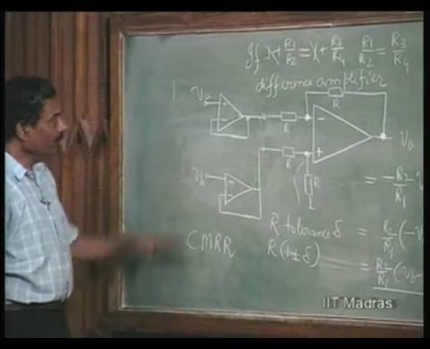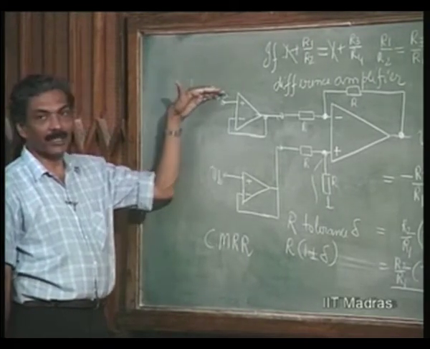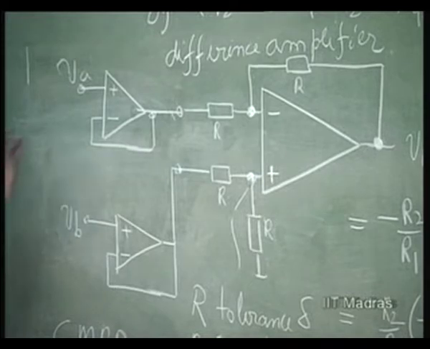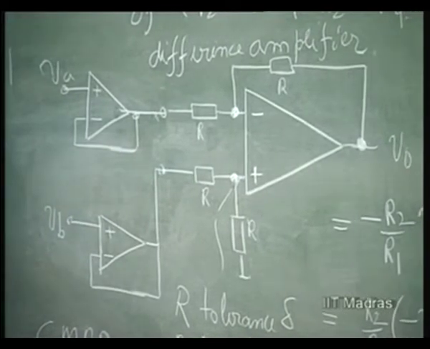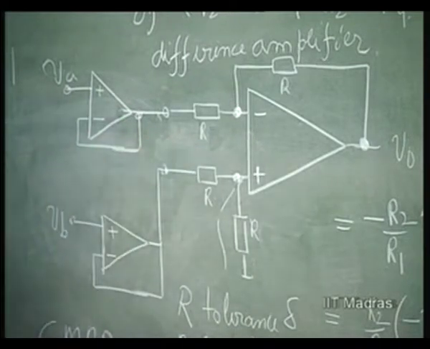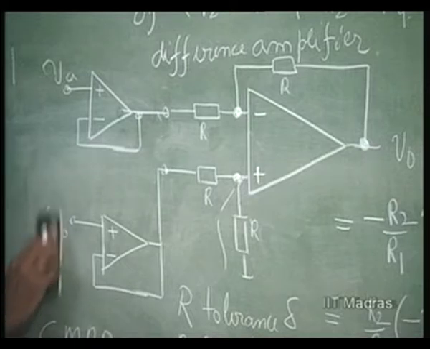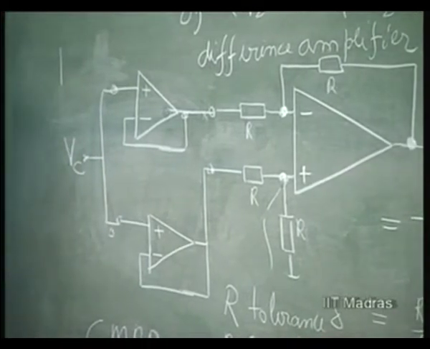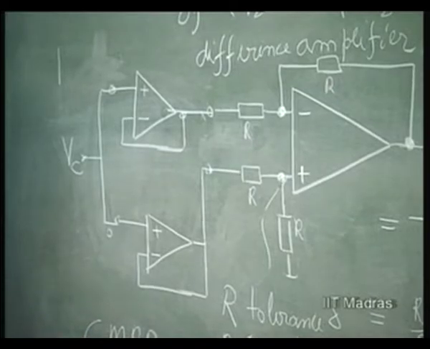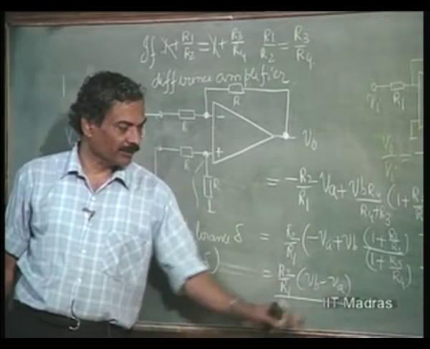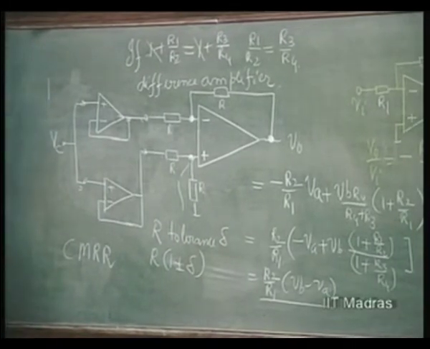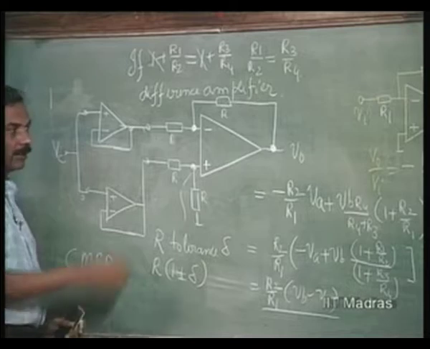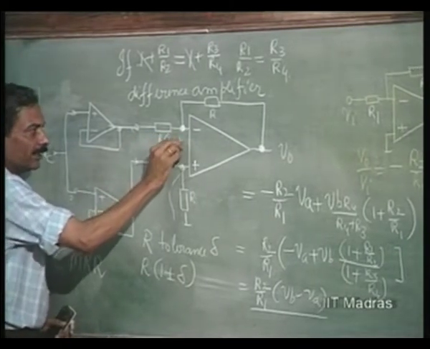When we want to amplify VB minus VA, or just collect VB minus VA, there will be a common signal between VB and VA, which is VB plus VA by 2. So, it should be capable of rejecting that common signal. What does it mean? When VB equals VA equals the common mode signal, VB plus VA by 2, there should not be any output, because VB has been made equal to VA equal to VC, so there should have been 0 output. But because of the problem with this tolerance, these resistances are not exactly equal. If this is R into 1 plus or minus delta, this also is